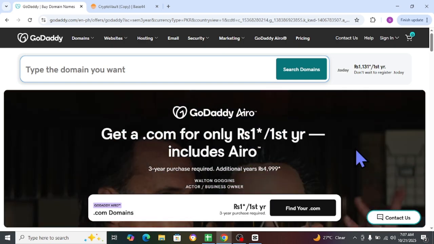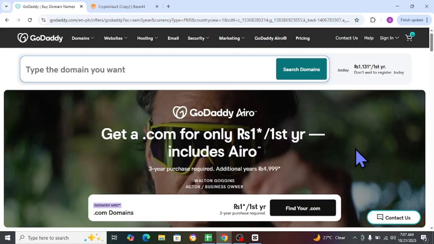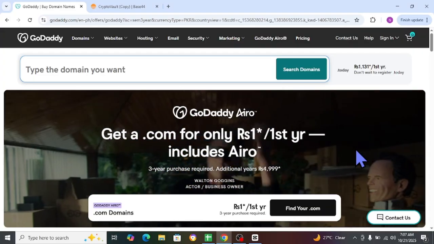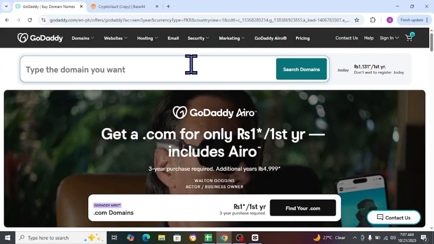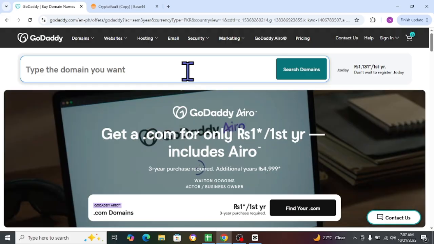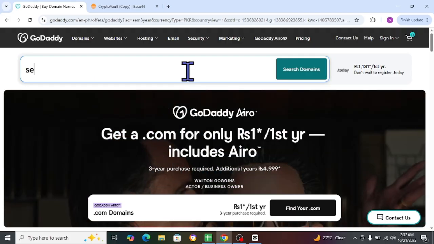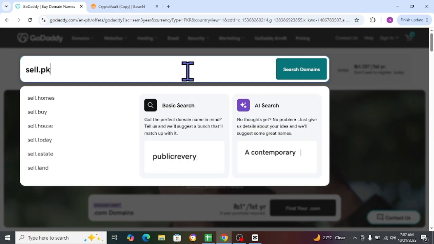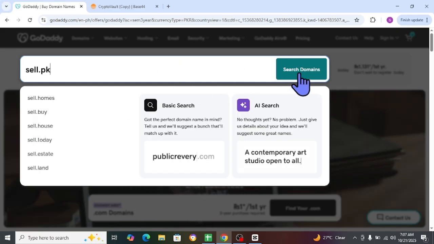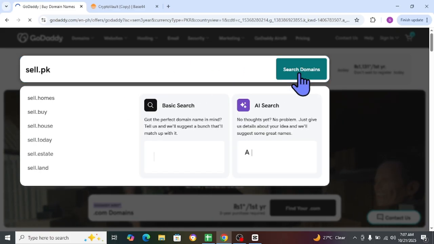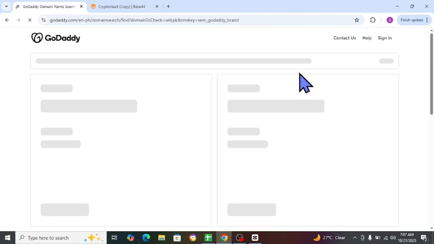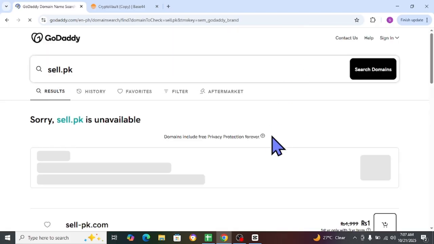How to connect GoDaddy domain to Base44. So here's a step-by-step guide, without wasting time. Make sure you create your account. First of all, you will just have to type sell.pk. So we will search for the domain on GoDaddy.com, and as you can see right now,